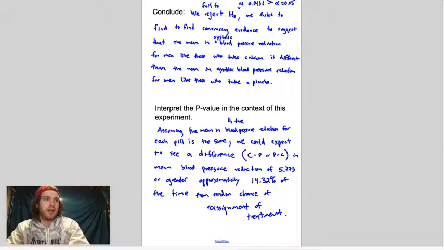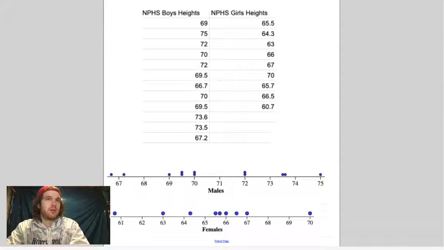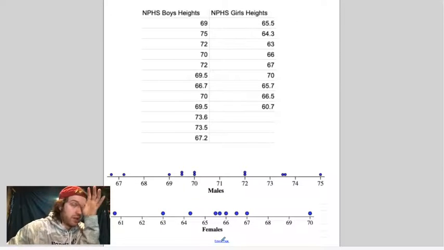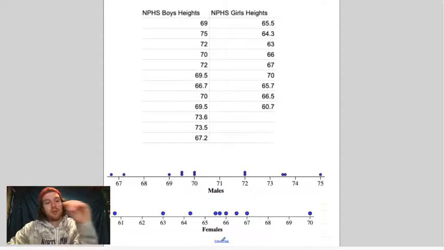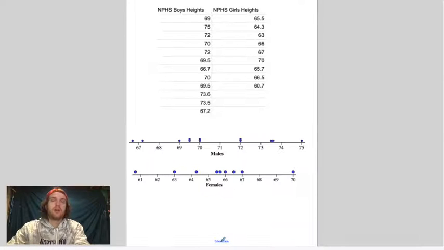Let's go back to that example we did on the previous lesson. Let's run a test on this really fast, and we're going to see what the p-value for this was. Remember, our confidence interval did not contain 0 for the boys and girls heights. Now, I'm not going to do state, plan, do, conclude here. We're just going to do the do and the conclude for this test in particular,